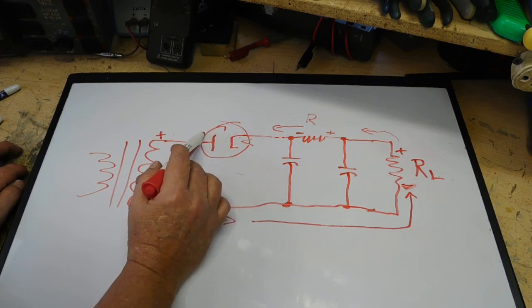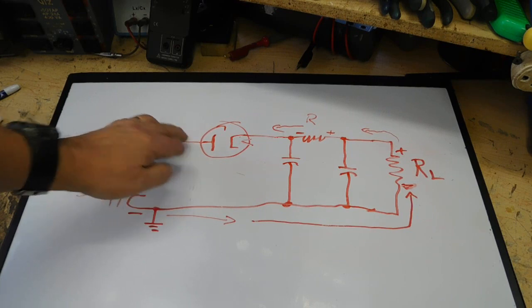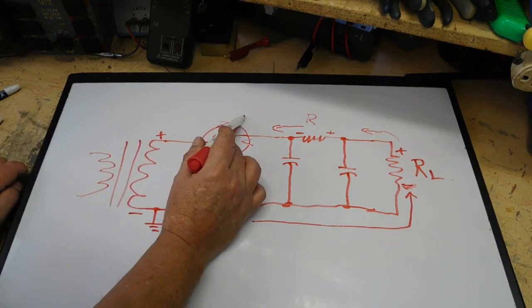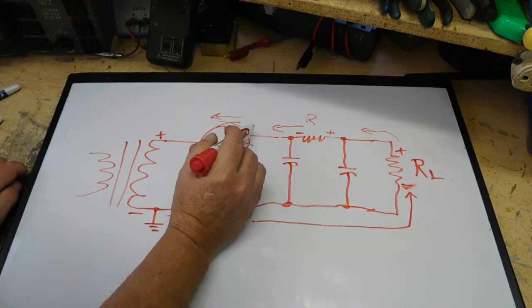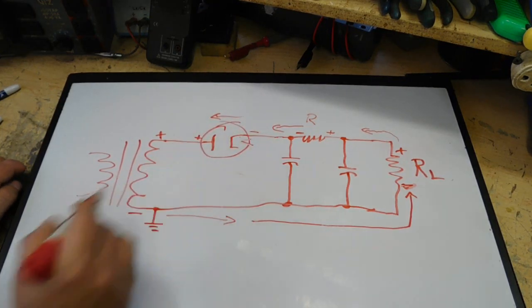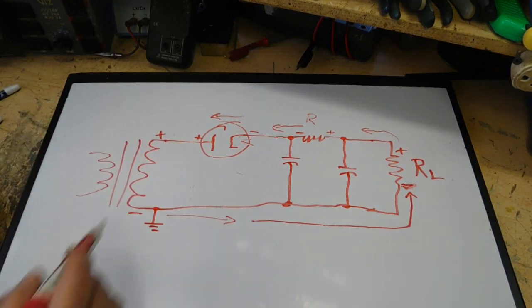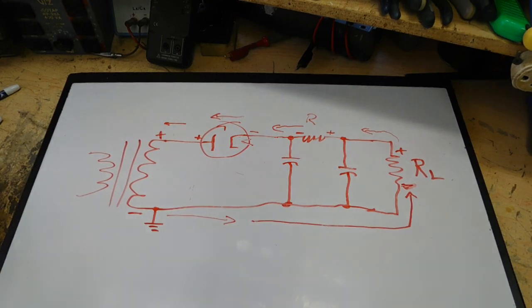As it goes through, it'll be positive over here, because the tube does drop, so it acts like a resistor. So I'll have a negative here, and my drop will give me positive. That brings me back to positive here at the end. Now, so again,